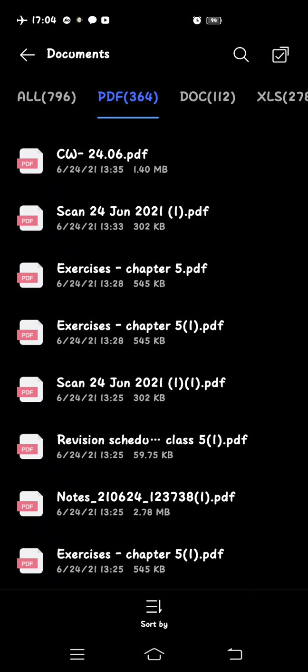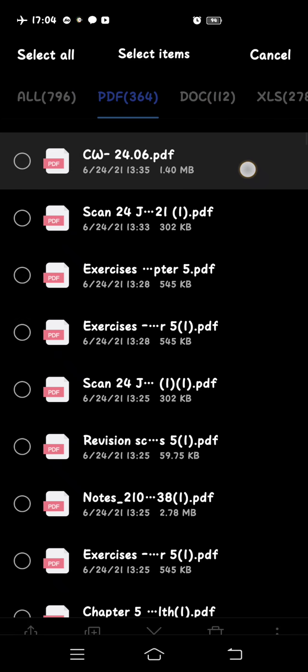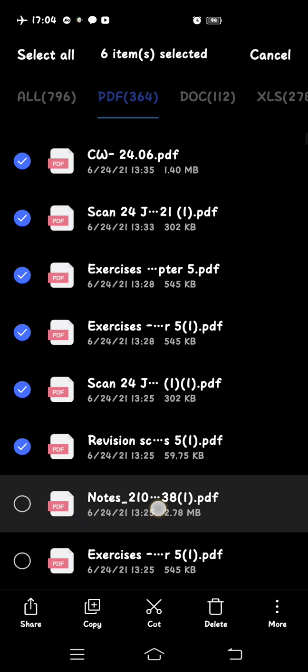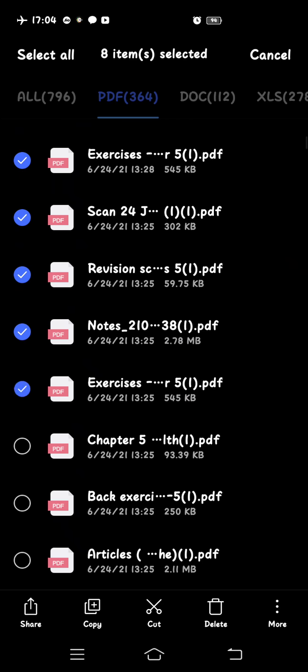Now we will take the PDF files. Now you have a number of PDF files, and generally you have your PDF files as your homework, your assignments, or your answer keys which you have to save. So we will be taking PDF files. Now select the PDF files. So I am selecting 7 to 8 PDF files, right? Then if I want to move them from here, I will use the cut option.